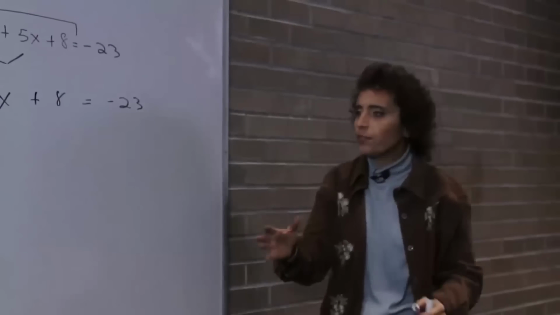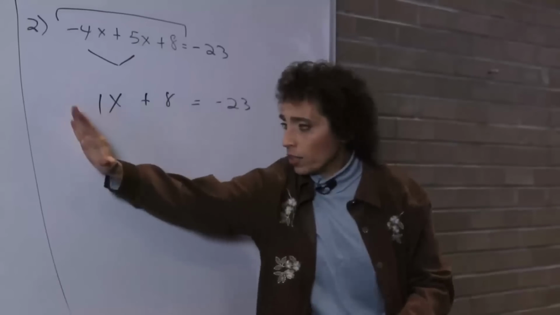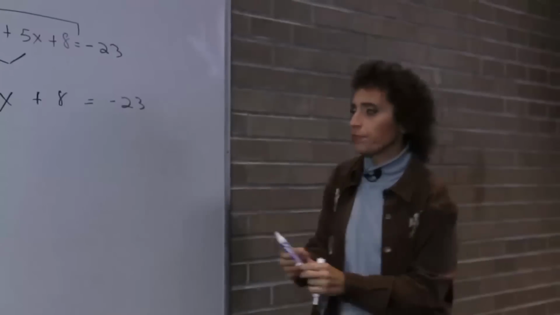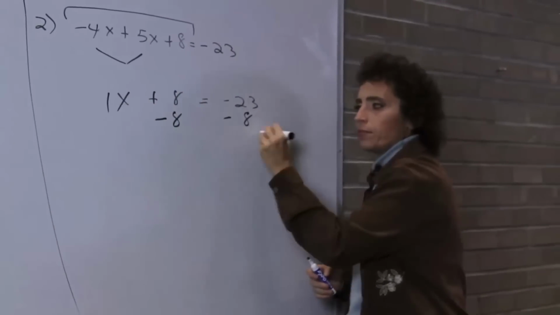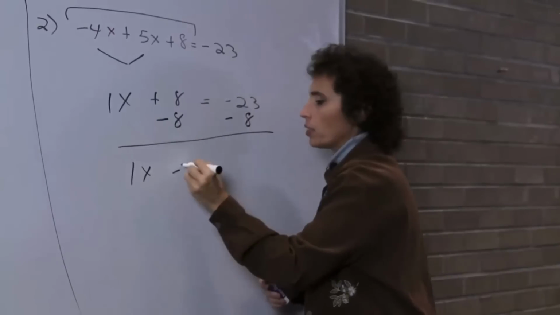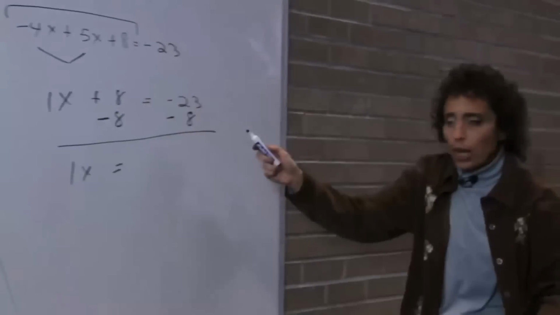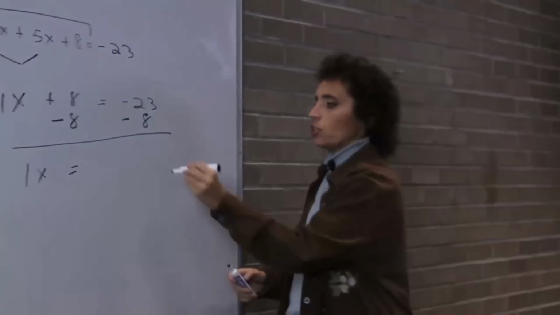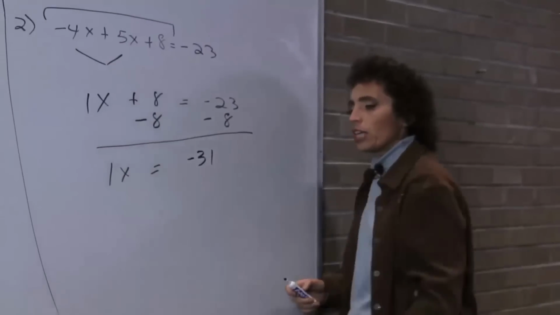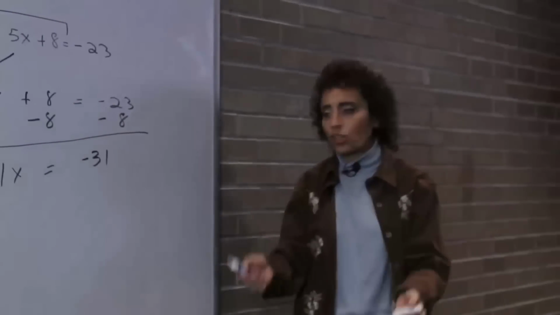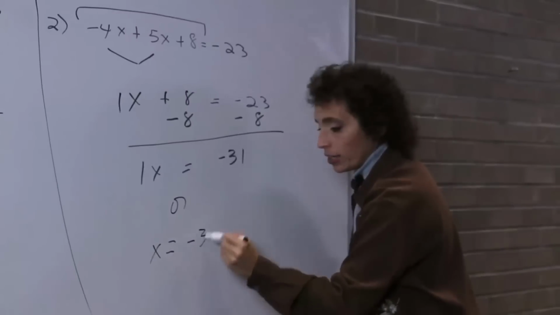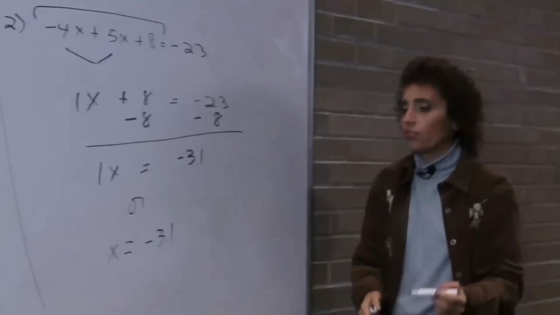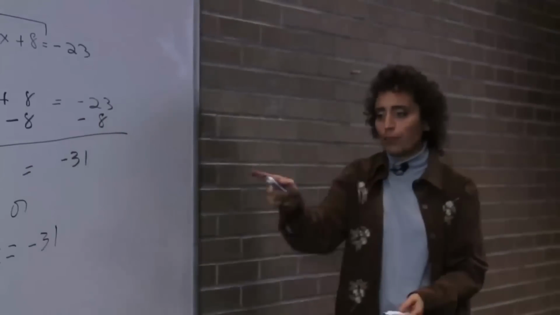Now we get to solve it. All the variables are already on the left. Let's get the numbers to the right. So subtract 8, opposite operation, subtract 8. 1x equals, I owe you $23, I owe you $8, so I owe you $31. 1x is exactly the same as x, so there's nothing you have left to do. You are done. You don't even have to write this down. That's the same thing as that. You are done. Let me check that.